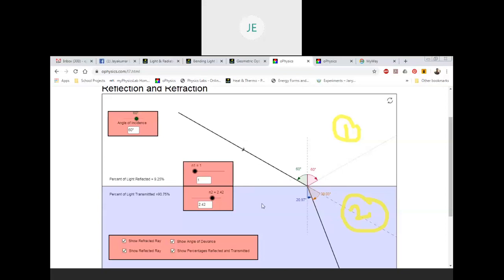Refraction examples also we have learned, like bending or apparent displacement in the case of a pen or pencil, a coin appearing raised up, and the bottom of the tank appearing raised up when it is filled with water. All these examples come under refraction. Okay. Any doubts up to this point? Any doubts? Till this point, any doubts?